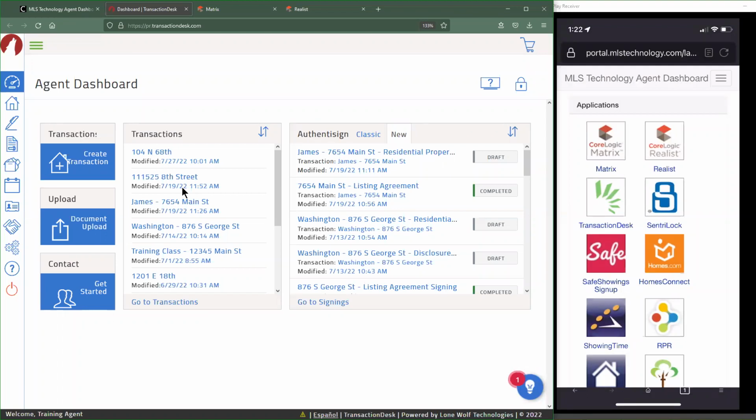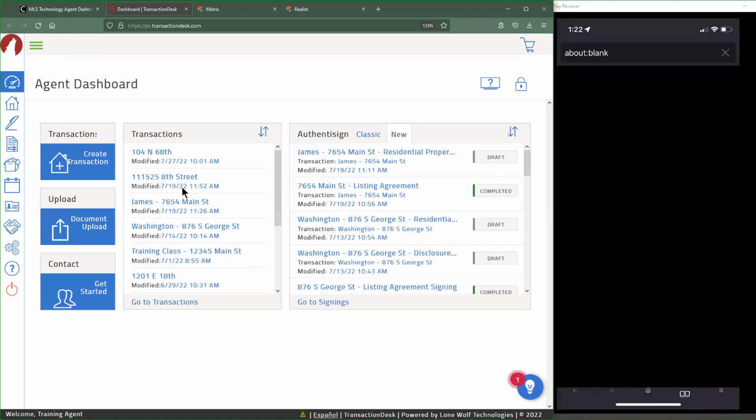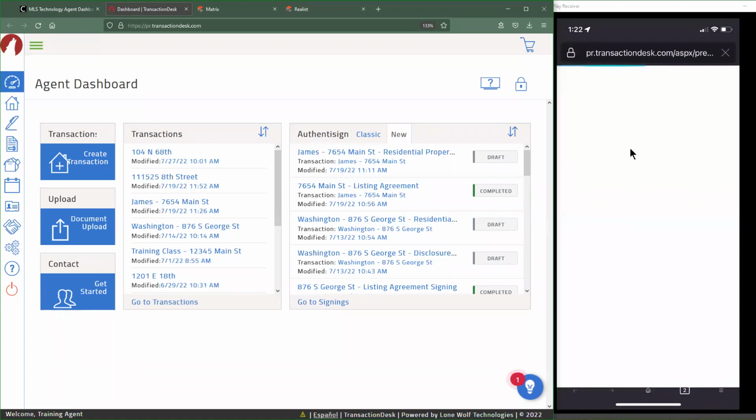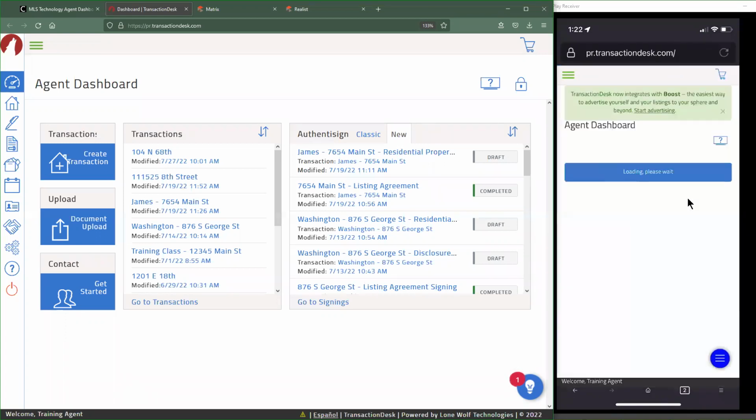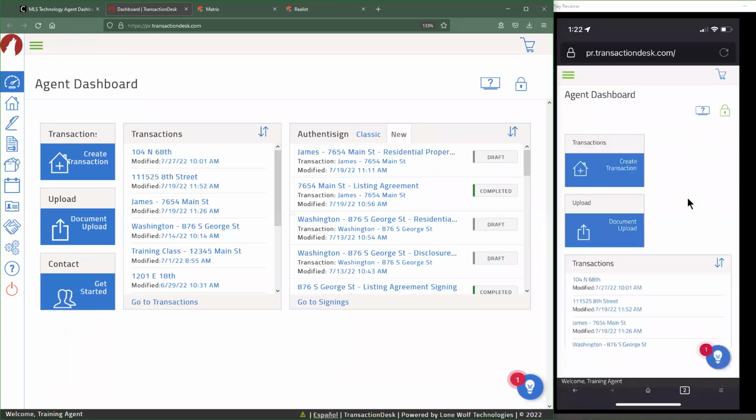But I should point out that the app that's available on iPhone and iPad is also very out of date. I don't think it's been updated in 6 or 7 years, something like that. It still functions because really all it is, is just a wrapper for the mobile version of the website. So you load into the mobile version of the website on a browser, Chrome, Safari, whatever, and you're still going to get the exact same experience as what the app allows you to do on an iPhone. So for those of you on Android, this is your only option.